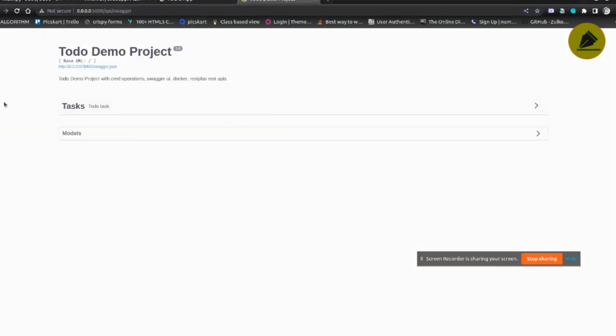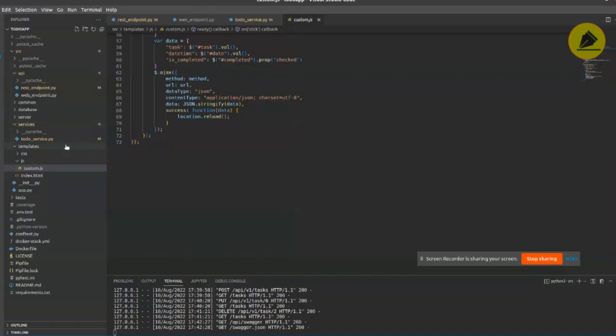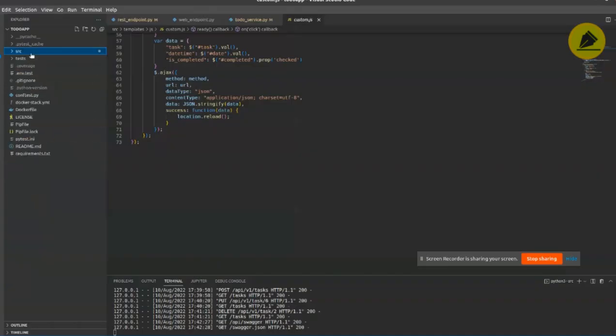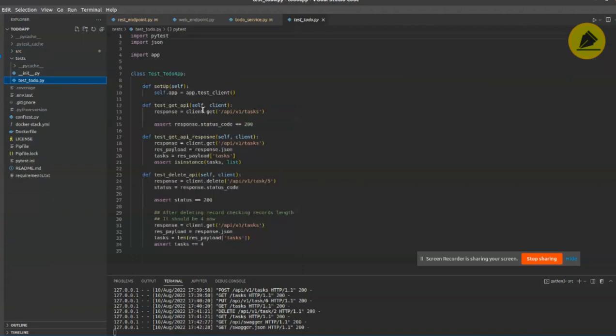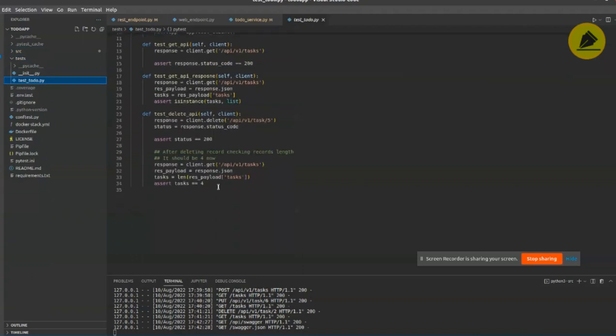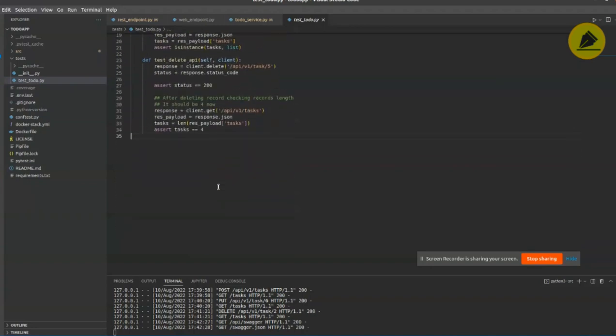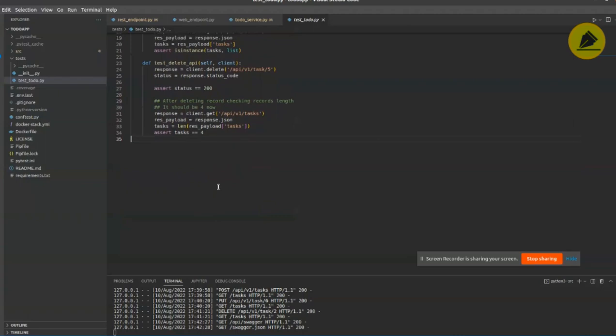So let me also go through some other aspects of this application. Test cases, right? I've created only a few test cases, so you can add or create some other test cases for the POST API as well and update this application.